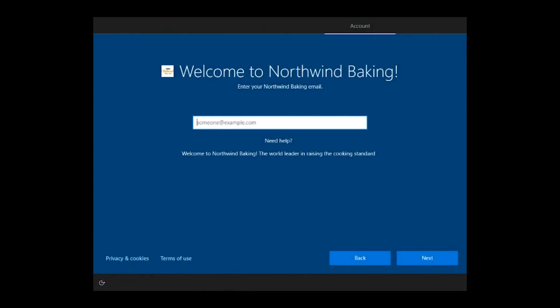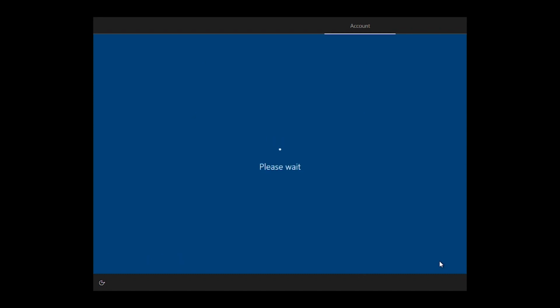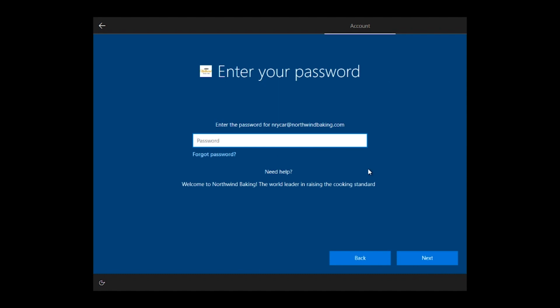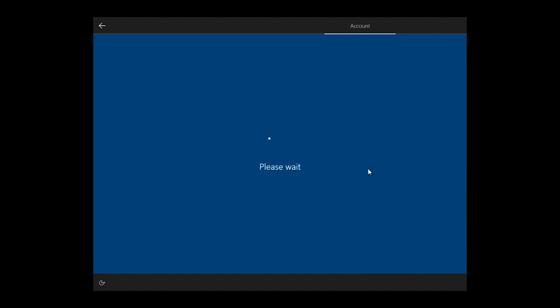To facilitate this, we've provided a few zero-touch options for bootstrapping new systems with Chef Desktop. This includes integrating with things like Active Directory and MicroMDM. And here I have a brand new Windows machine that's authenticating with AD. So I'm going to go ahead and log in with my nricar at Northwind Baking account. We'll go ahead and hit next, and we do our standard network login,